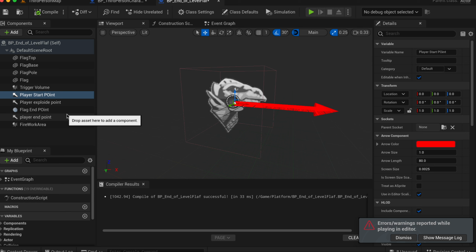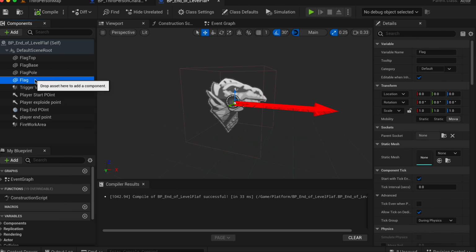I will touch upon all of these in due time. With our flag component selected, over in the details panel, our static mesh is going to be a plane, and